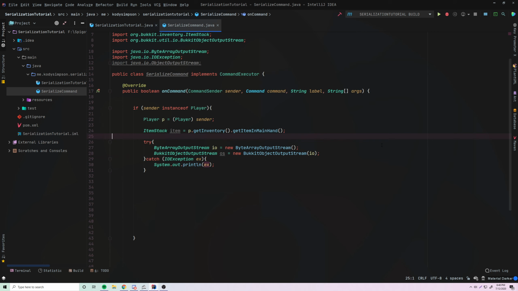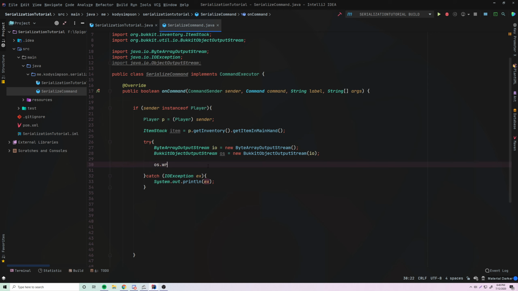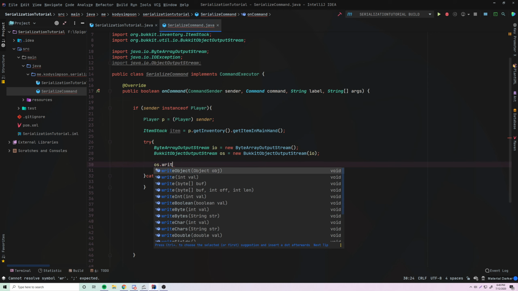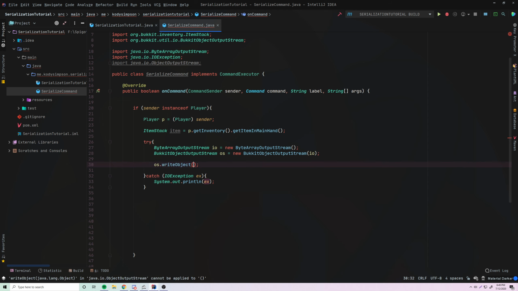And so now that we have that, we can then start feeding objects into it. And so how do we put objects into the BukkitObjectOutputStream? We can do os.writeObject. So if you want to write other data types, you can do writeInt, writeByte, writeChar, writeChars, double, whatever. But since we want to write an object, this special stream here provides the writeObject method here. Okay, so this will allow you to write an object to the underlying stream, basically. So we want to provide an object to write, and that's going to be our item here. And this is valid because the item is implementing the